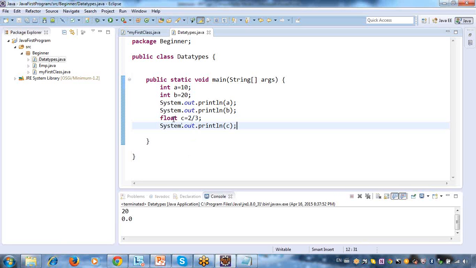Okay, fine. But float we will use very less. Sometimes I want to store both my integers as well as decimals. This kind of situation we will use a data type called double. Double will store both your integers as well as your decimals. So if you want to store both decimals as well as integers, then go with double.